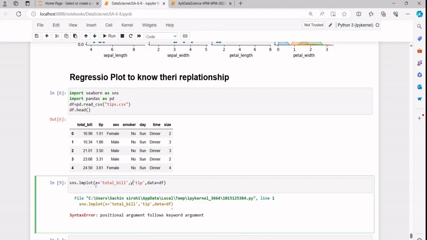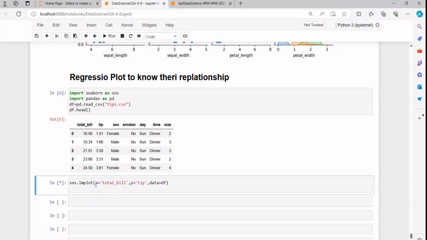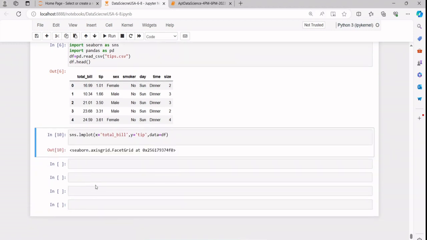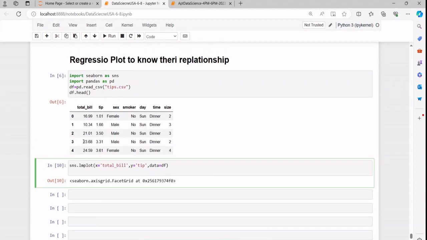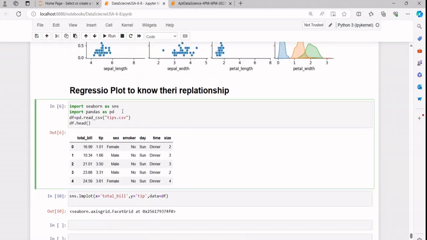One problem, that is y equal to tip. So the chart is not displayed because